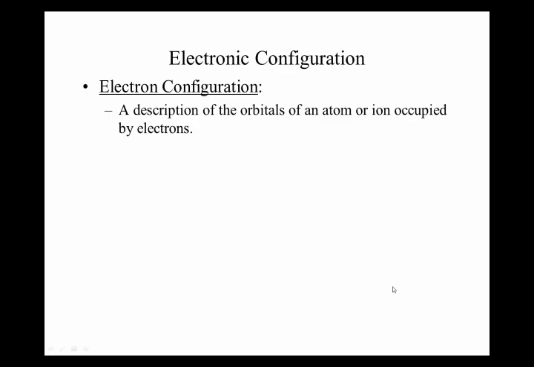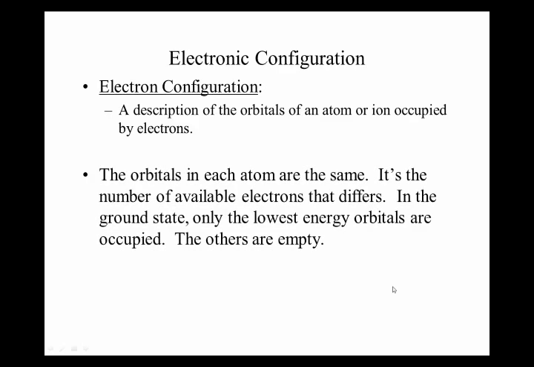Now, it's important to know that for every atom, the orbitals are the same, right? Which orbitals appear and in which order, they're always the same. So what I'm going to give you is just an outline for every atom. The only thing that's left to do is fill in however many electrons we have available to us, right? So what's really going to make the electron configuration of hydrogen different from helium is that hydrogen,